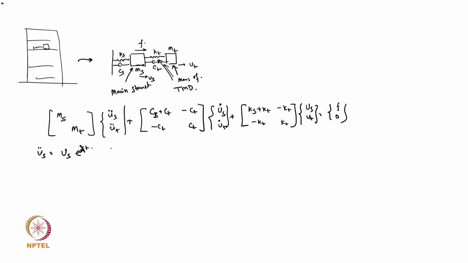So you just use lambda t, and u of s equal to this, that is a small a, and u of t equal to capital U of t into e to the power lambda t. That we are using for those two terms. So what will happen? This one we will get Ms lambda square plus lambda into